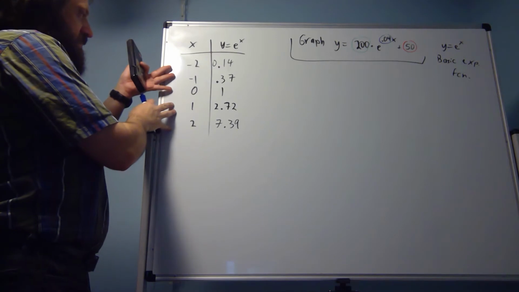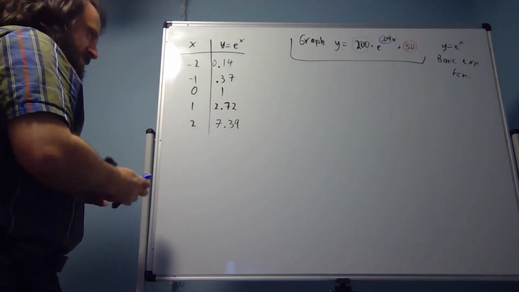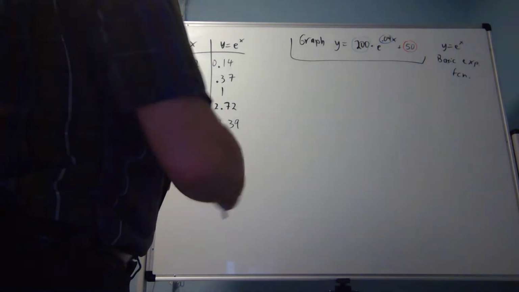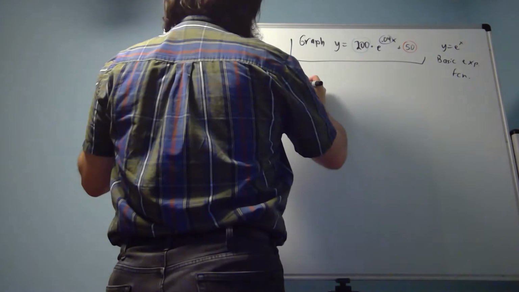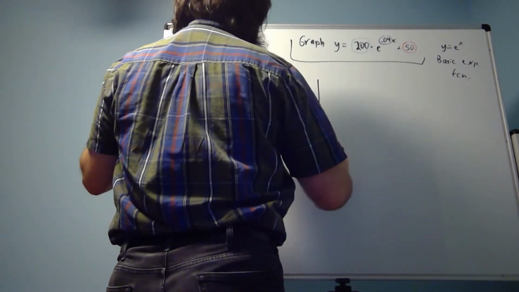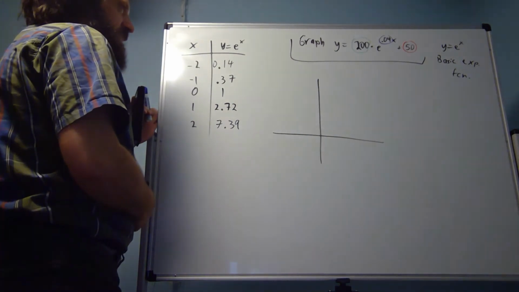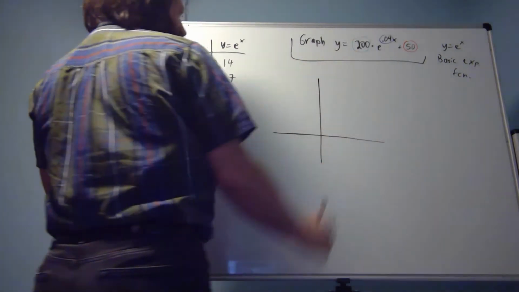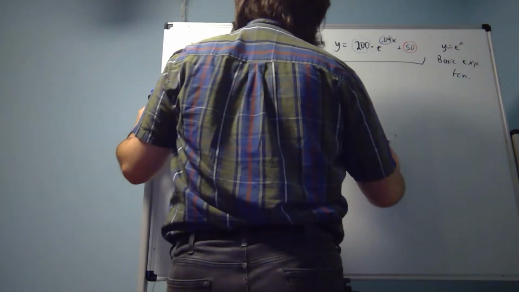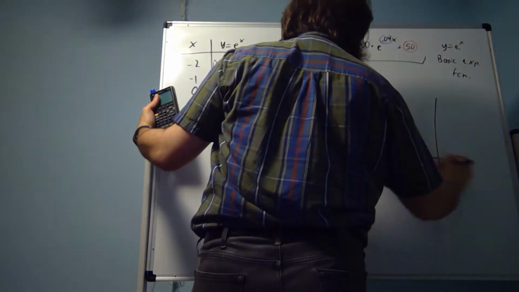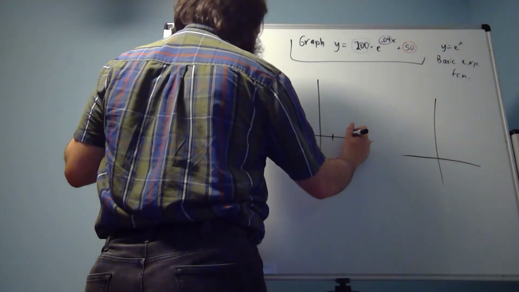This I just got from the calculator, but my instructions are going to say, well, we want to get used to using e to the x. So that's just something we're going to have to do. And then there's going to be this related graph, which, well, these numbers are going to get a lot bigger, so we'll maybe draw a new one. So let's just start with this here. So we know that for this graph,